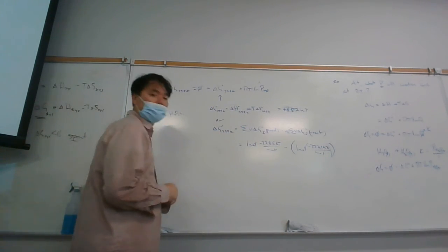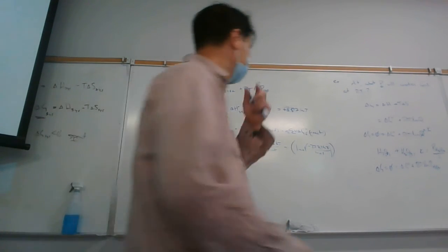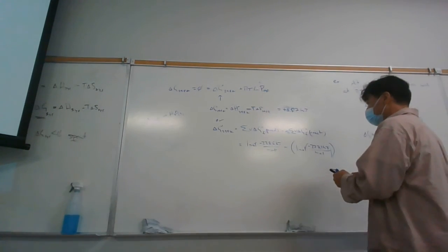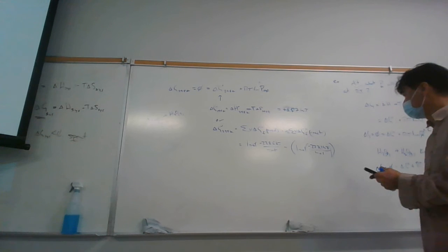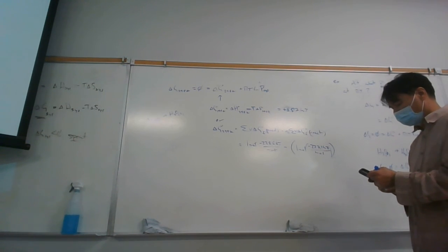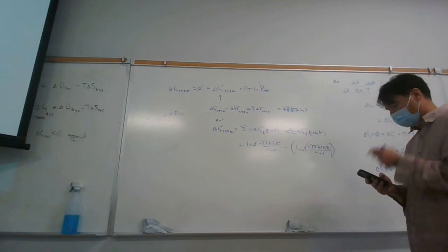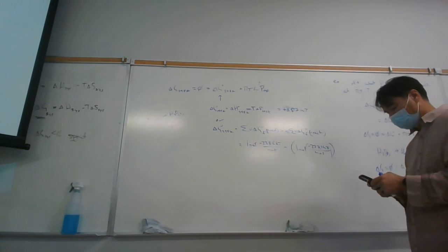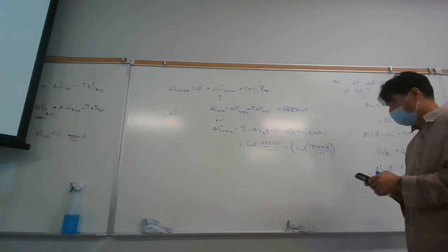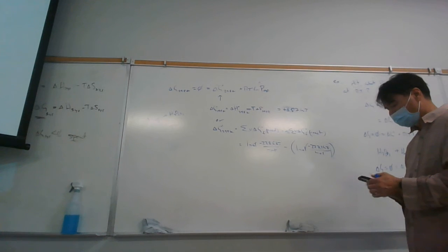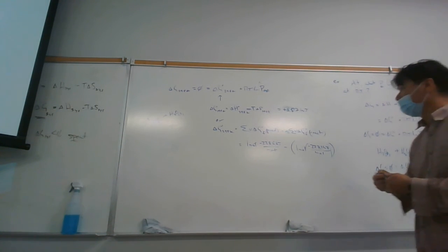So what does that come out to? So let's see. 237.1 minus 228.6 is 8.50